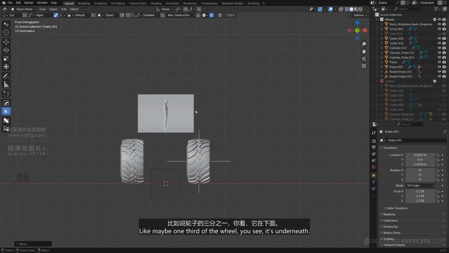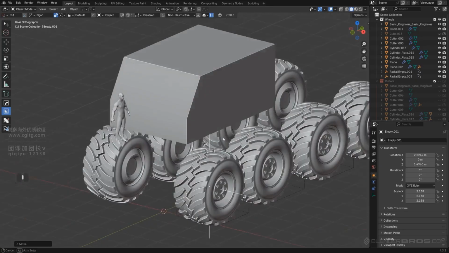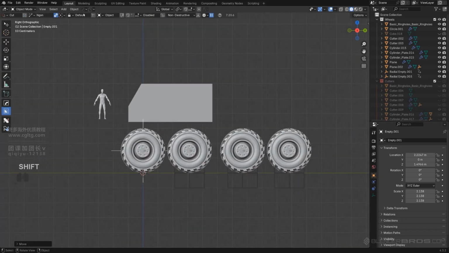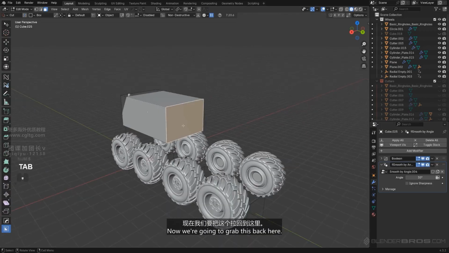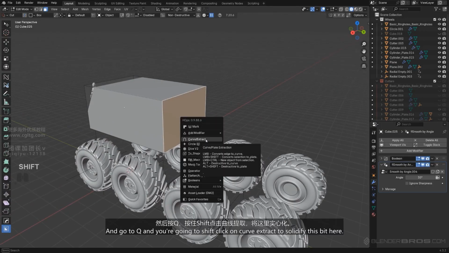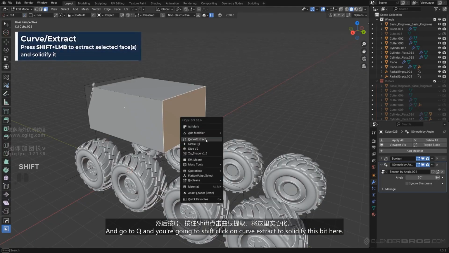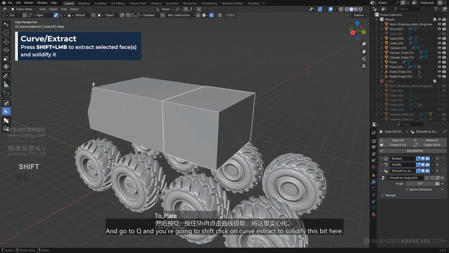Like maybe 1/3 of the wheel, you see? It's underneath. I think it's cool. Okay, cool. Let's just save it because reasons, right? Now we're going to grab this back here, okay? And go to Q, and you're gonna shift click on curve extract to solidify this bit here, okay, to the